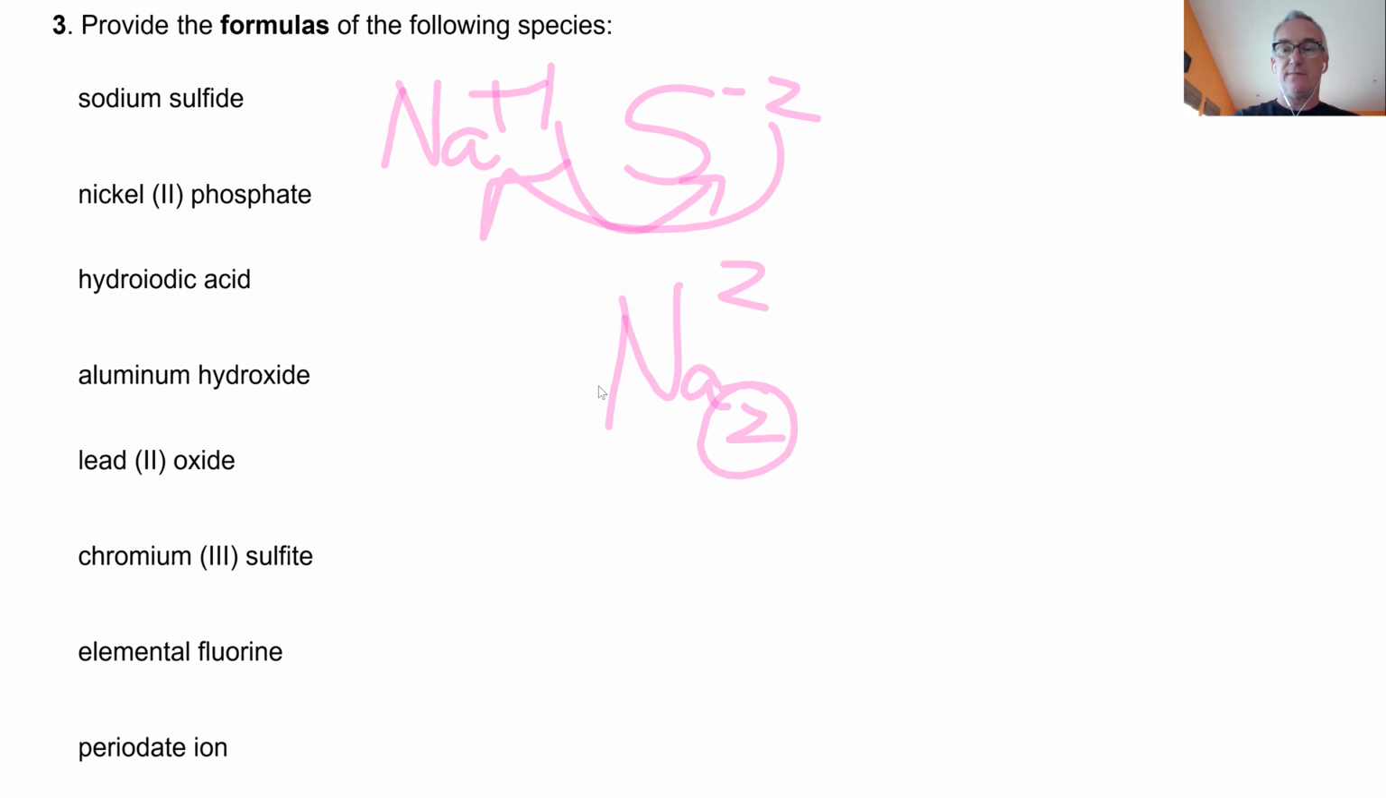So we have sodium sulfide. So we just need one. So this would be the formula for sodium sulfide, Na2S. All right, let me do this one. Lead 2 oxide. Lead 2 oxide. Oh, I see it. So lead 2 oxide. Now,